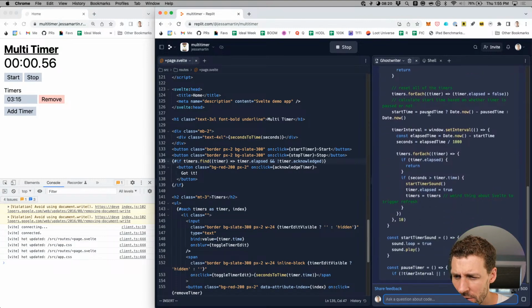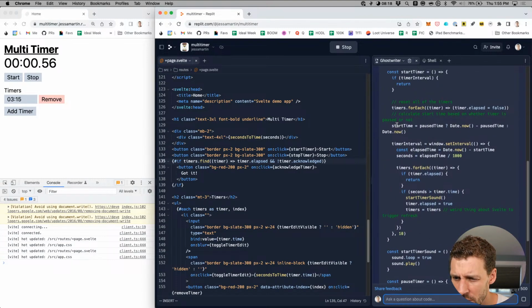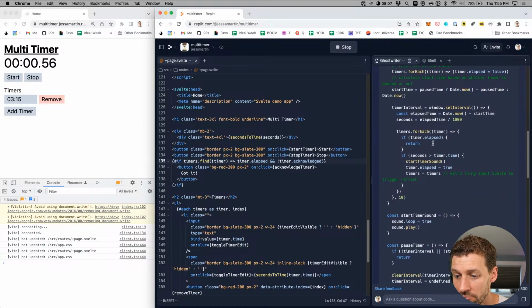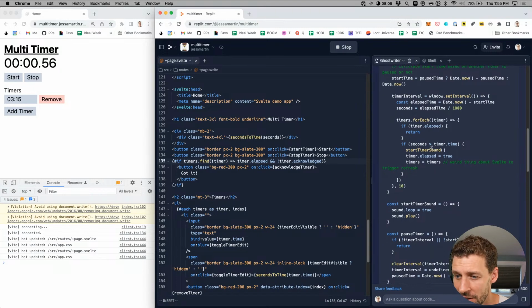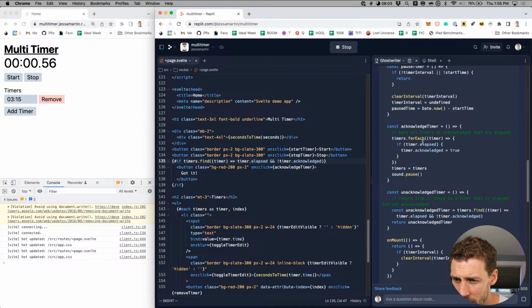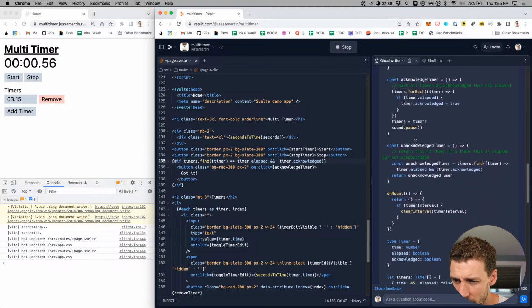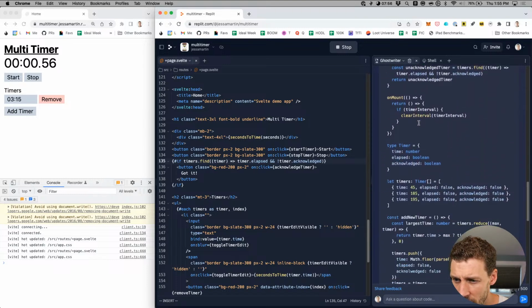Let's see. So start time, here's a change. Start time is equal to either the paused time or Date.now minus the, I was just thinking that was what you'd have to do. The Date.now minus the pause time in order to get the new start time. That's great. Okay. And then, ugh. Is there anything else that has changed?